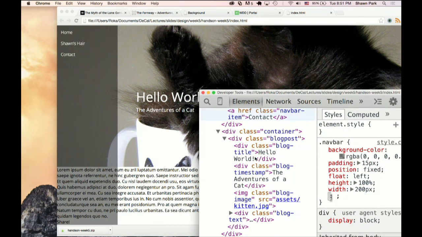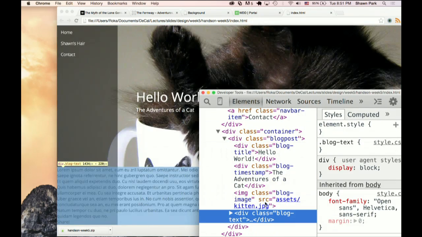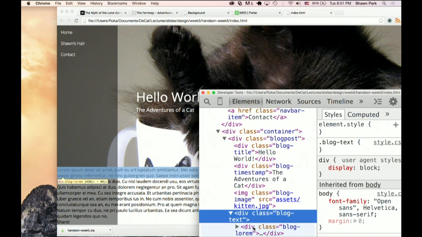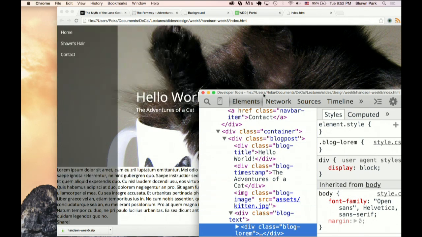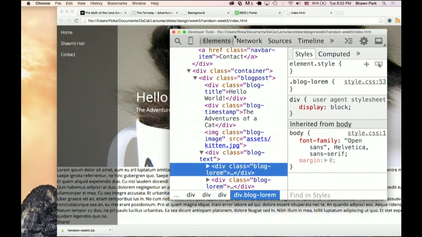We're actually going to apply it to this thing called blog lorem because we divided our text into paragraphs like that. So we're going to apply line height and space them out from each other using margins.